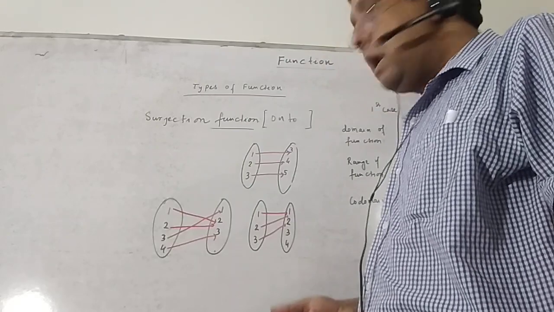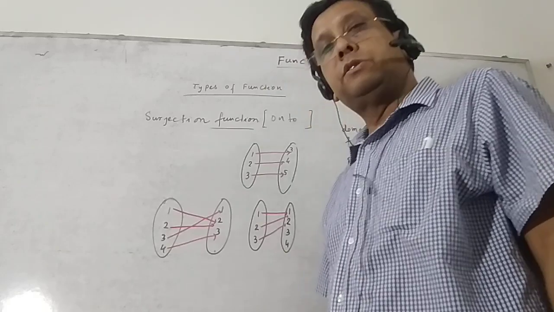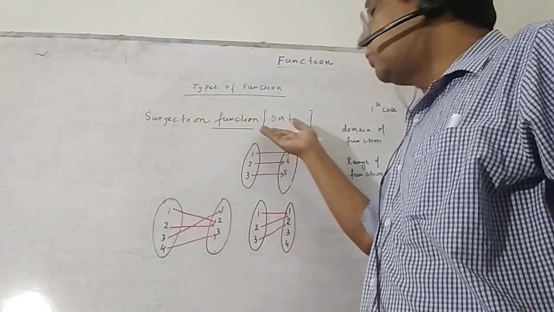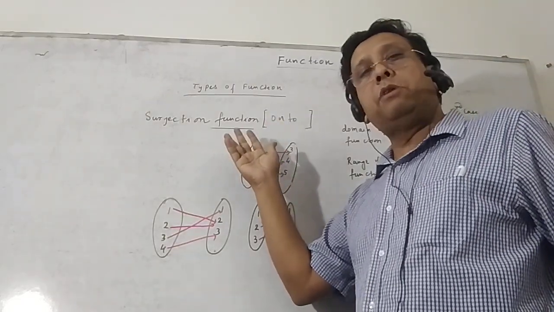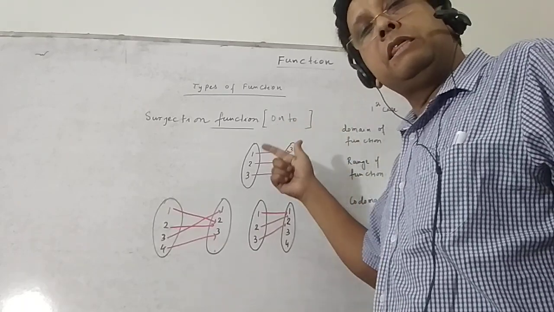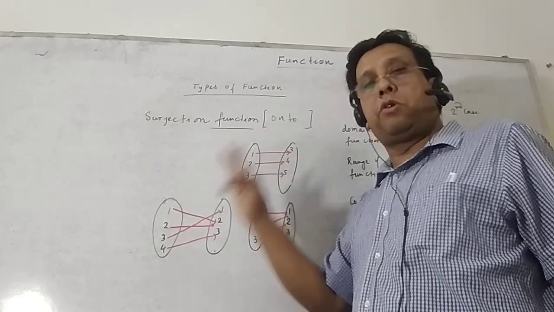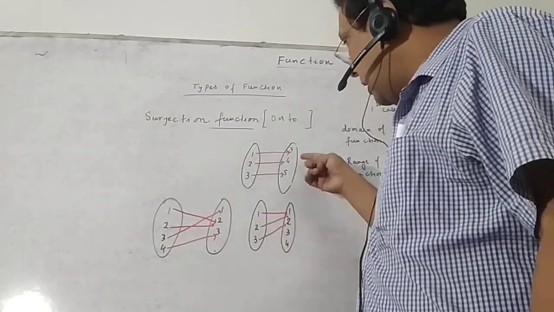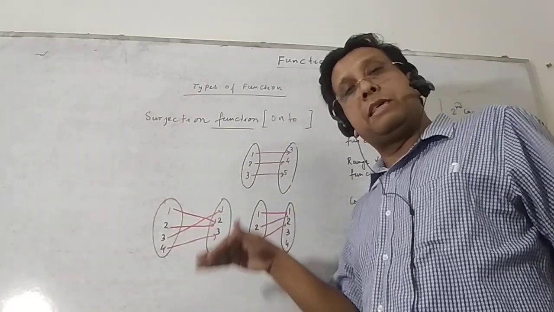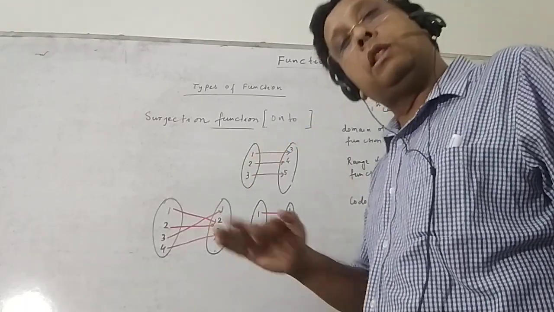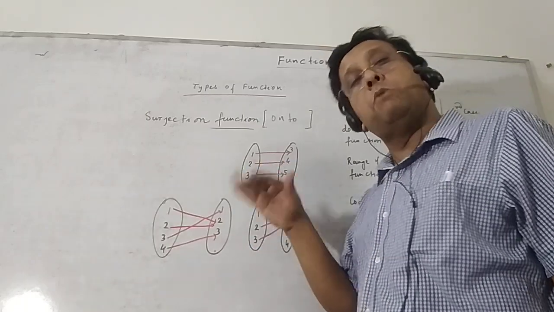In our last class I already covered one-one functions. Now our job is to understand the second type of function, surjection, and its other name is also onto functions. In an onto function, I try to see whether all the elements of the range have a corresponding pre-image or not. If each and every y value has a corresponding pre-image, we can say yes, that function is called a surjective function. Here we are dealing with real numbers, both x and y are real.